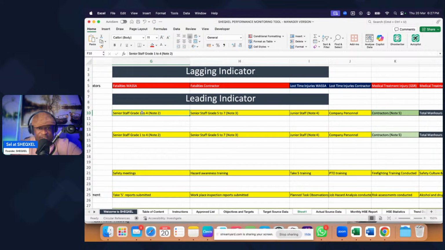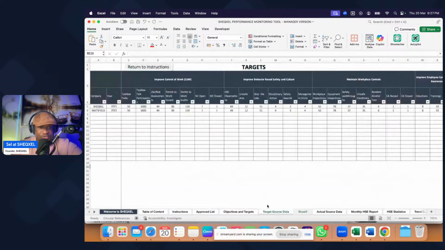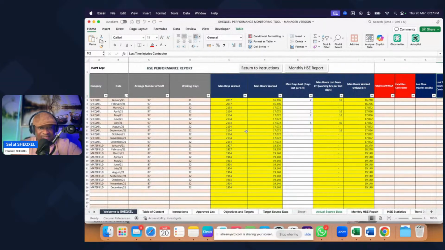There's a senior staff, from grade 1 to 4, senior staff from grade 5 to 7, and junior staff. And that sums up to the company personnel, and they are accounting for contractors as well. So it means that we need to structure our template accordingly. So what it means is that after we are done, we are going to hide a lot of these calculations,